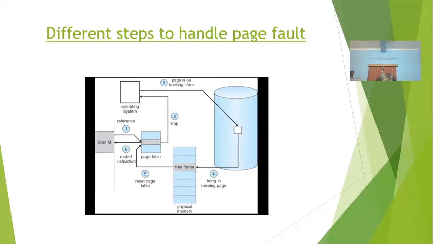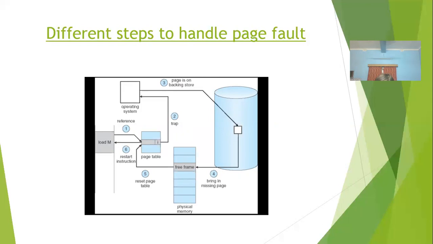Now, while the waiting phase starts, the operating system can allocate the CPU to some other waiting processes. Then the particular process which was being interrupted goes into a waiting state. And when the IO is completed, that means the read request is completed, an interrupt will be generated from the disk.